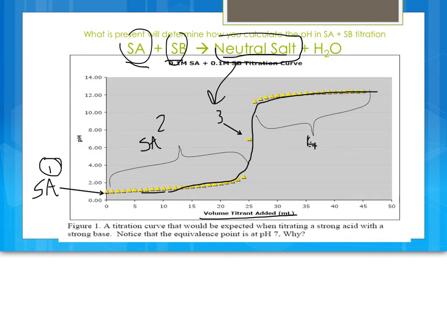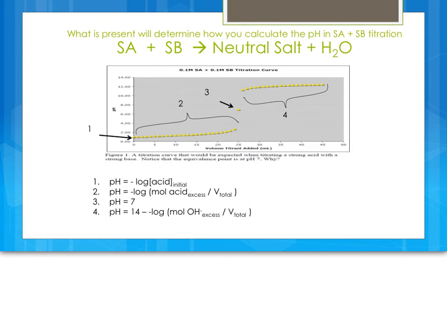In region 4 here, after we have consumed all of the strong acid, so the strong acid has been converted into the neutral salt, if we continue to add base, what's going to be left is just excess strong base. And so knowing the quantity of strong base in excess will allow us to determine the pH. And here in those four regions, directions for determining the pH at any step with a strong acid, strong base